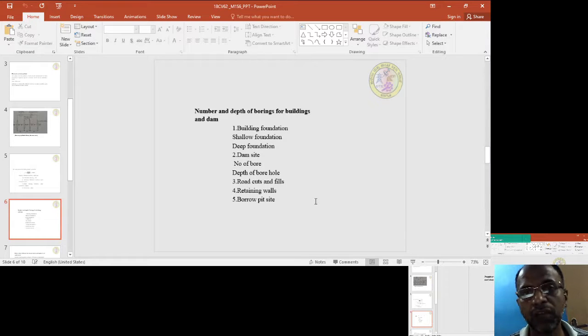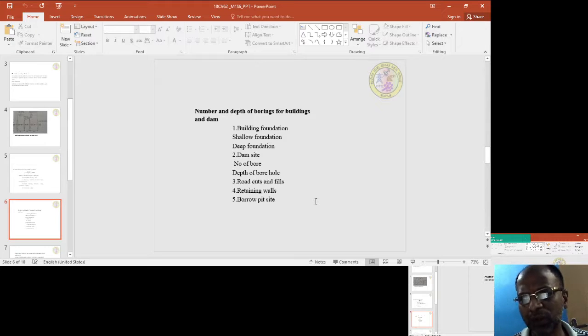And also, if it is a small structure, if this is a 30-40 site, at 4 corners we have to do one borehole, and at the center we have to do one more borehole. From these 5 boreholes, if you feel that erratic soil deposits are there, variation of soil is very high, then you have to go for additional borehole.